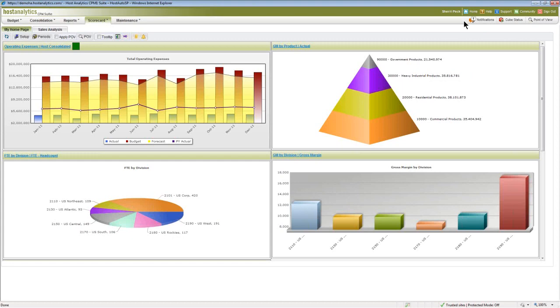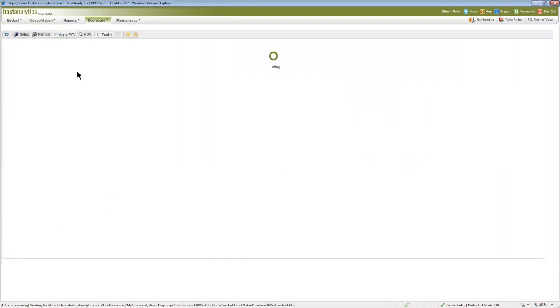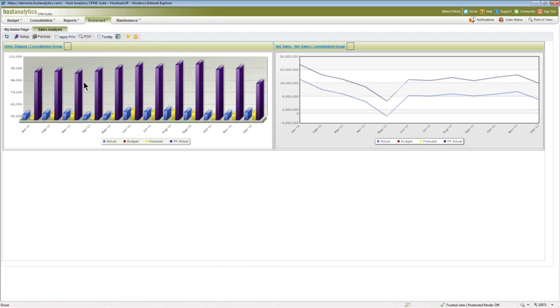So in my case, I wanted to be able to see a quick visual picture of the health of the organization. Now, in this case, I've got more graphs and key performance indicators than what I can fit on one screen. So you have the ability to set up numerous tabs, and you can organize those tabs even in functional areas. So in this case, I wanted to be able to see unit information, and that's coming from one of my ERP systems.